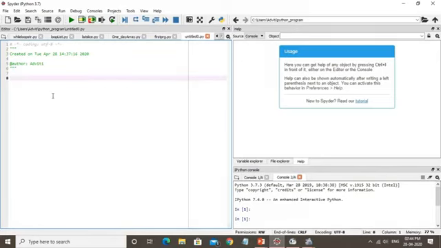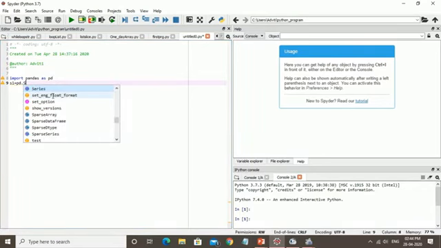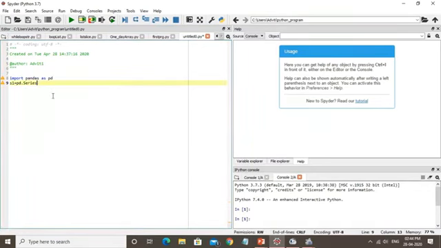Do you remember, first we have to import the library. Import the library, what is it? pandas as pd. Then we can create an object. Let's say I am using a variable s1 equals pd.Series. Series should be in uppercase, and then we can define the values within that series.